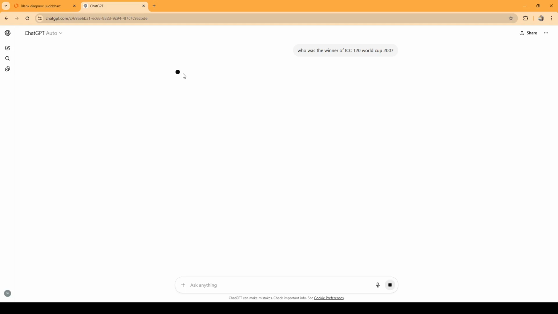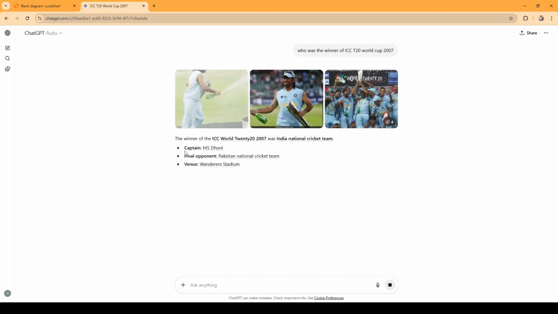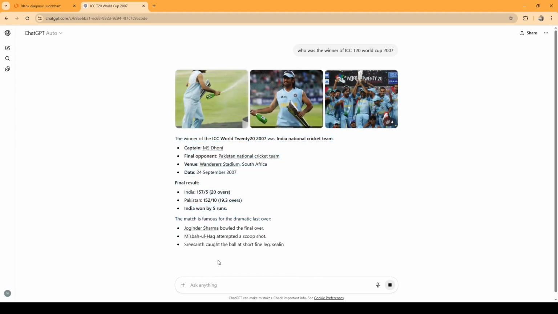And see here, it's thinking and then it's giving the answer. Okay, so it's answering from its own memory. It knows this information, so it's replying with that.